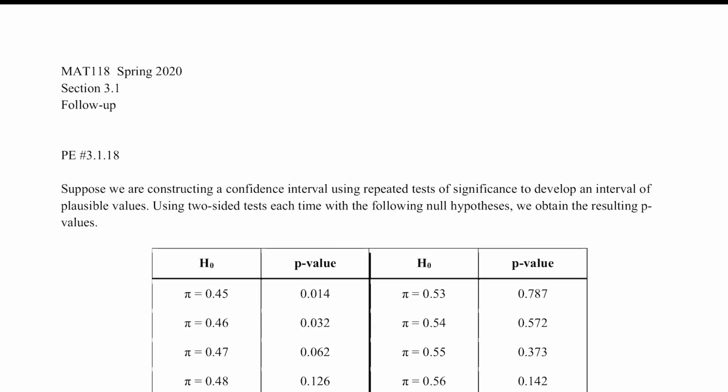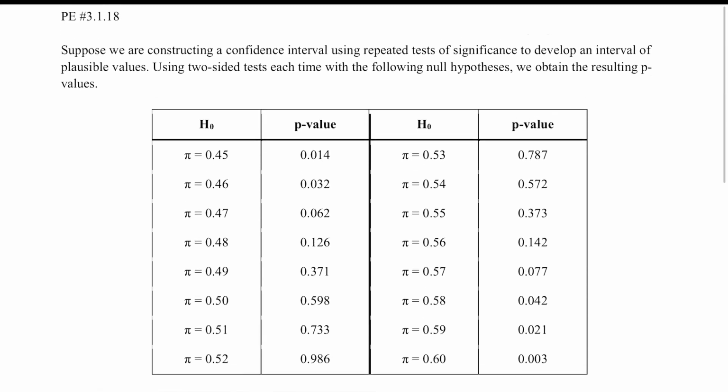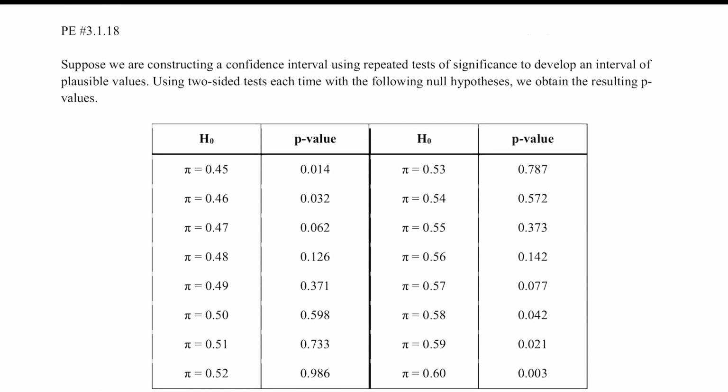I picked a couple of questions to practice on after section 3.1. These are both from your exercises at the end of the chapter. The first one is number 18 from section 3.1, and it says, suppose we're constructing a confidence interval using repeated